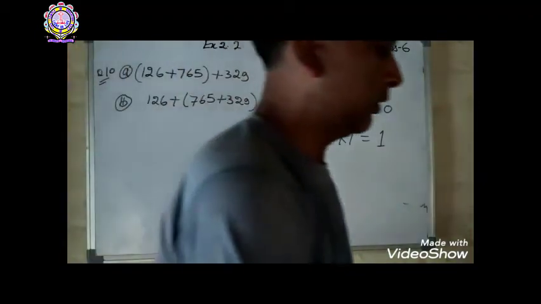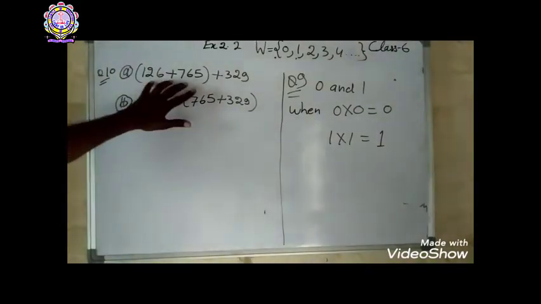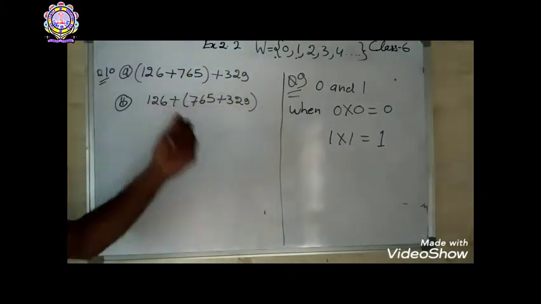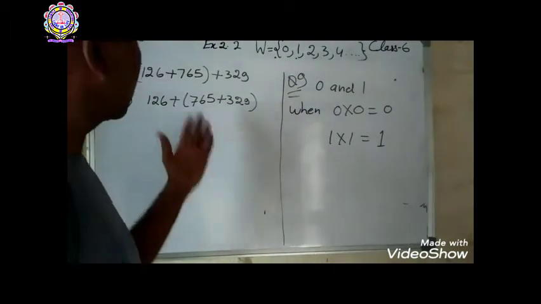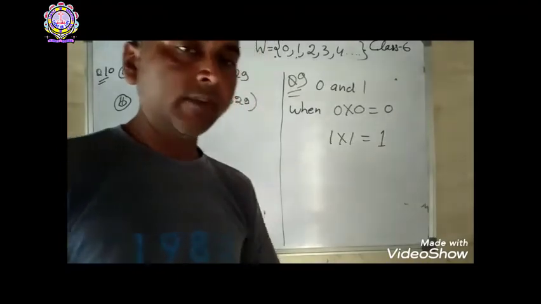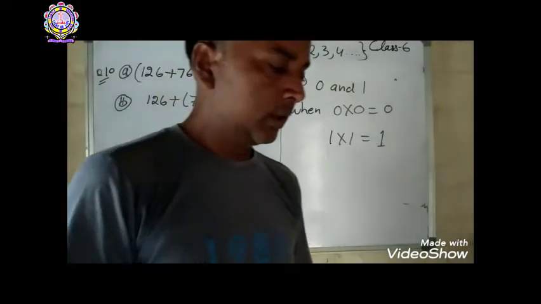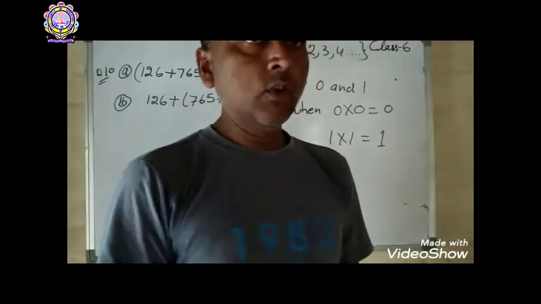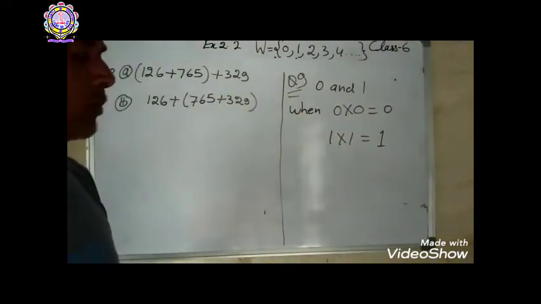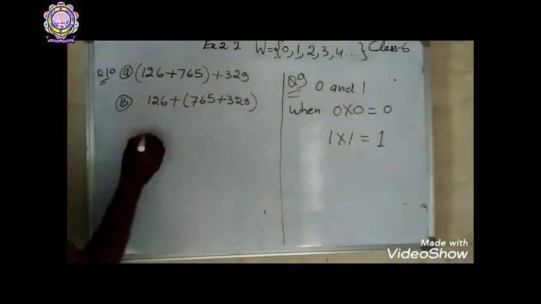So first, this is for you. I am not going to solve this question. First add them and then add it; second, first add them, then add it, and check whether both additions have the same value or not. If they have the same value, then state the property. It does not matter where we write the numbers. It is simply to solve the question in a simple way. I explain a simple question like this.